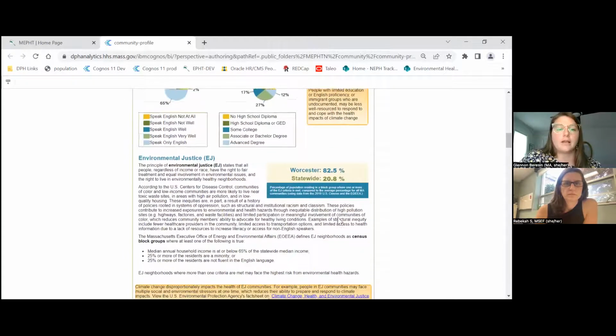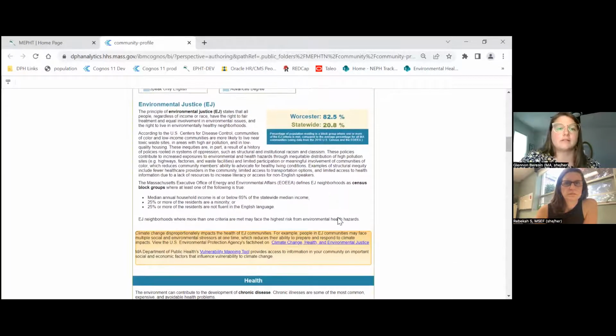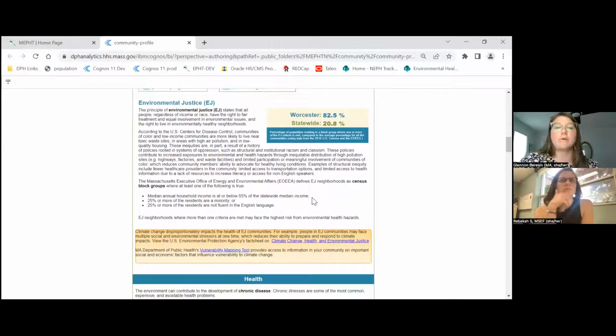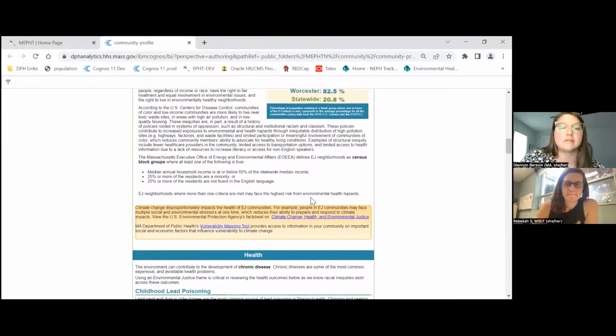And so, like I mentioned, the community profile does spend some time discussing environmental justice, focusing on the definition of environmental justice based on the Executive Office of Energy and Environmental Affairs. Whenever we have a statistic, we like to compare that for that community to the state to see where it is based on the average for Massachusetts.